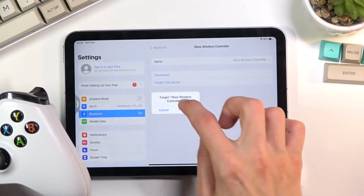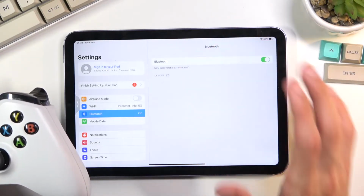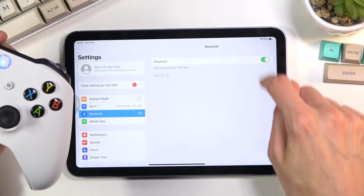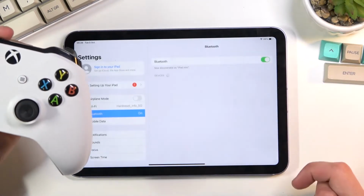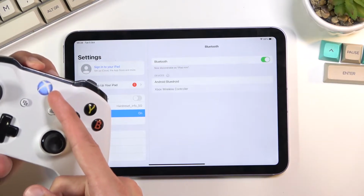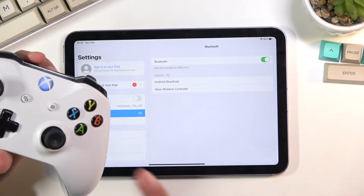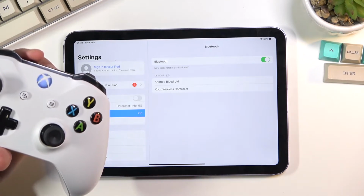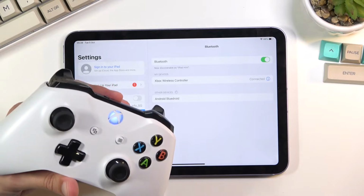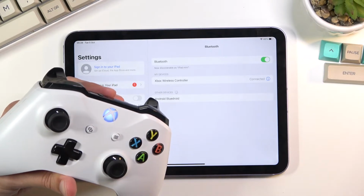So forget device, and I can actually show you. Give it a second and hopefully it will show up right here. Okay, let's just hold the button again because it is not pairing right now, and you can see right up here automatically. Click on it and the light should stop blinking and be stable, as you can see right here,